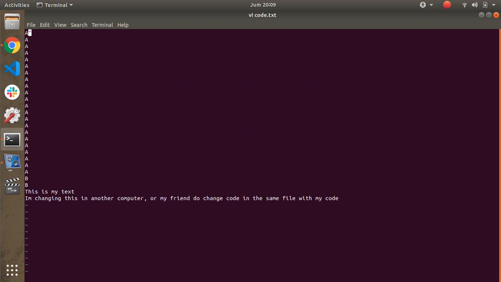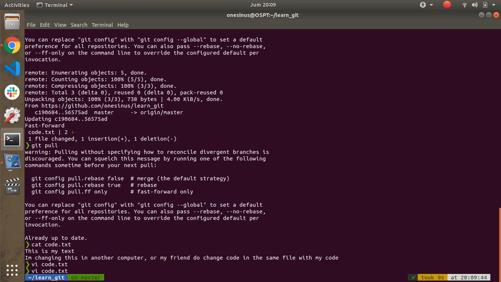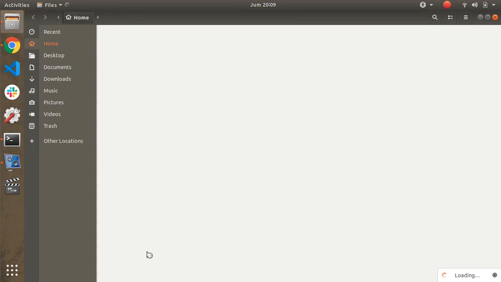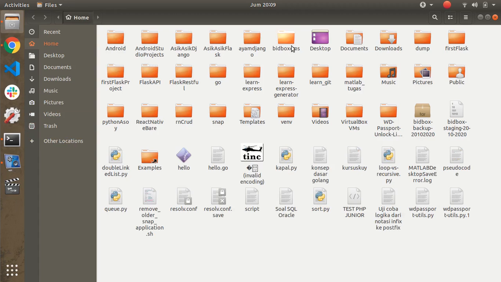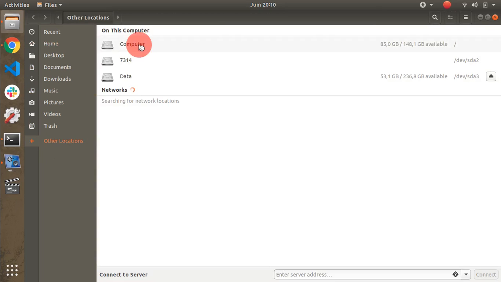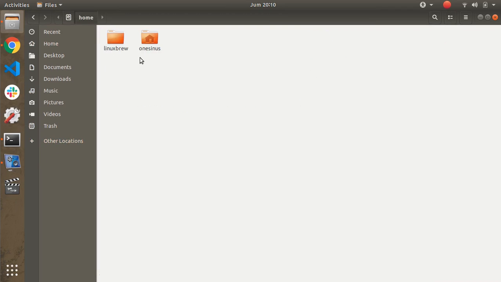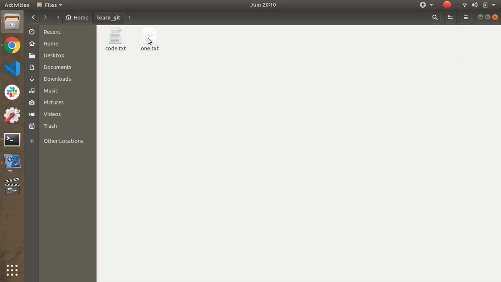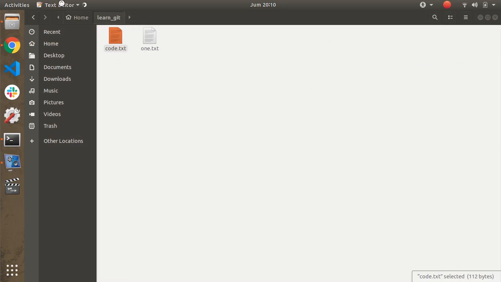Let's quit this, and I will open the file using home, computer, home, Unisinus, learn git, and I will open it using my text editor.